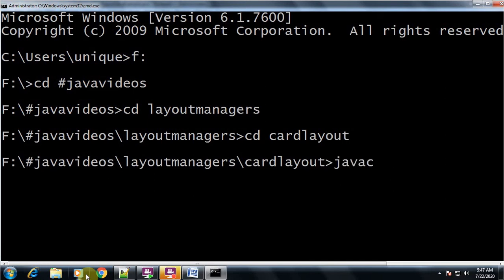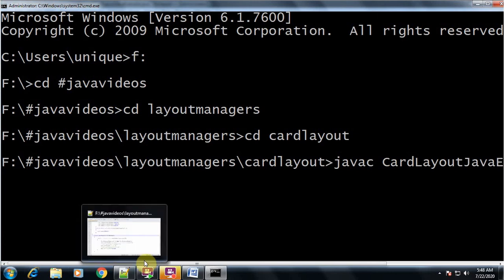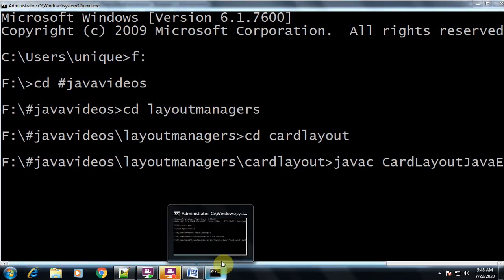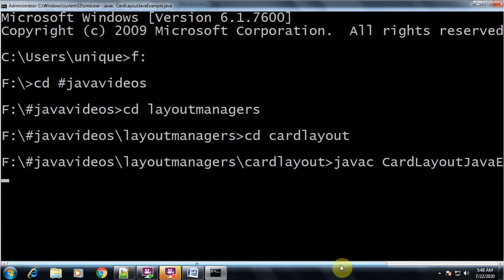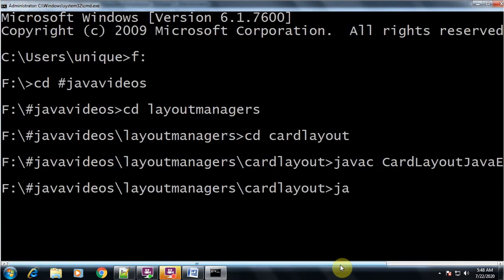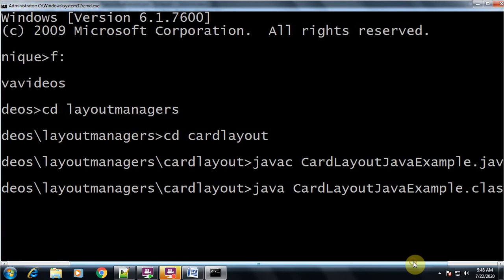The name of the program is CardLayoutJavaExample.java. I compile this one, and now I'll run it.